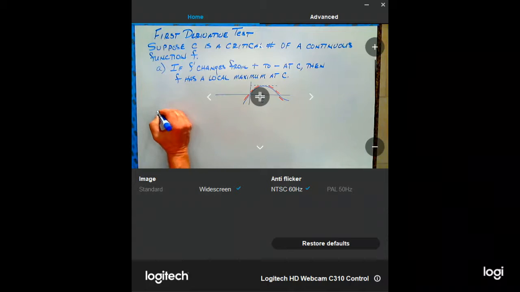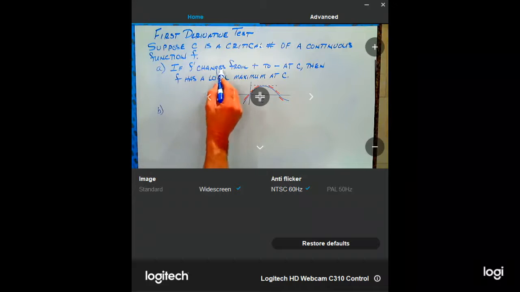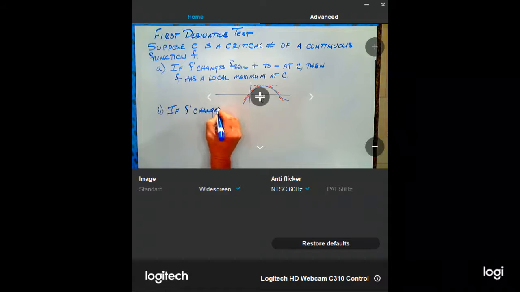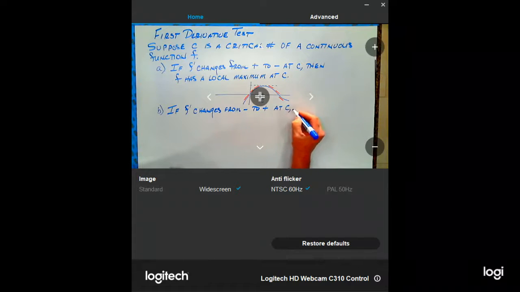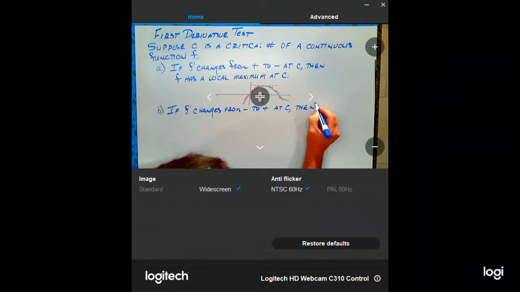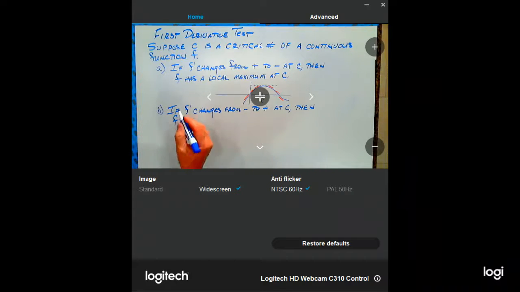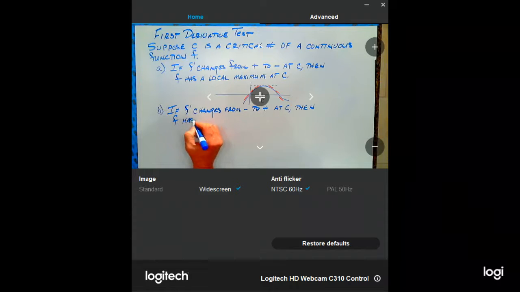There are two more possibilities here, of course. That first possibility, A, says if F prime changes from positive to negative. B, of course, is going to do exactly what you think it's going to do. It says if F prime changes from negative to positive at C, then F has a local minimum